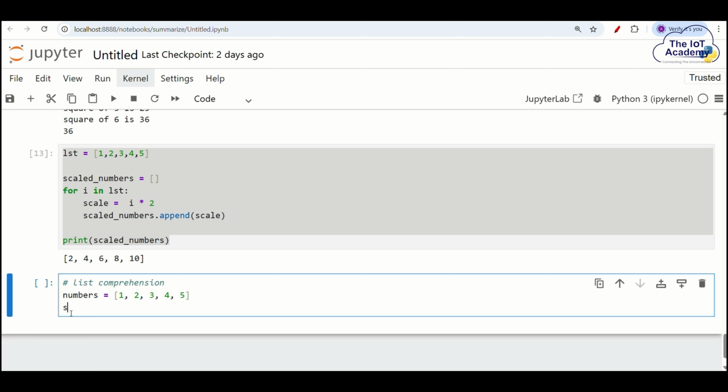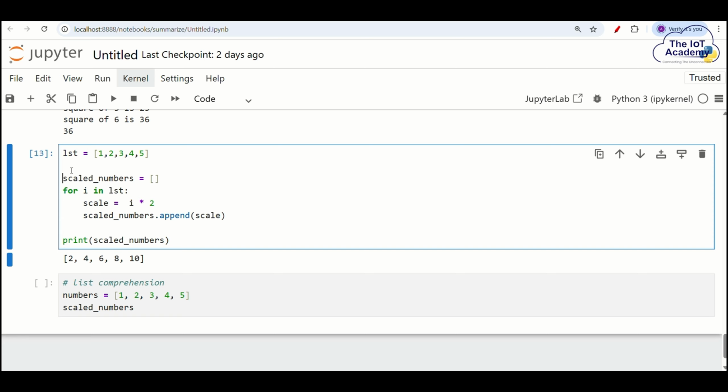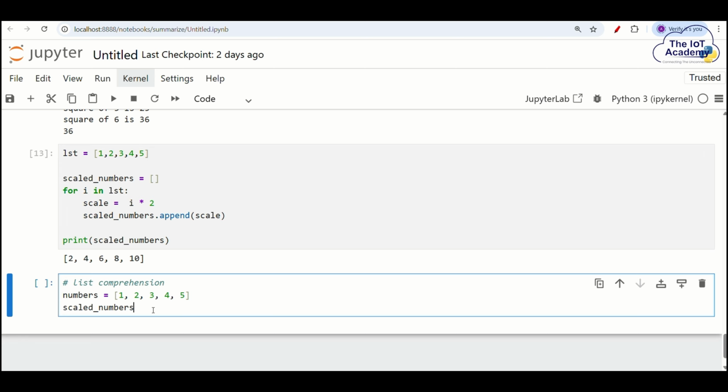These Python creators came up with this trick. Let me see how many lines of code: one, two, three, four. Instead of using 4 lines of code, you can actually compress that into one single line of code. And the way you do this is you say scale numbers equal to, open up a list bracket, and then you say